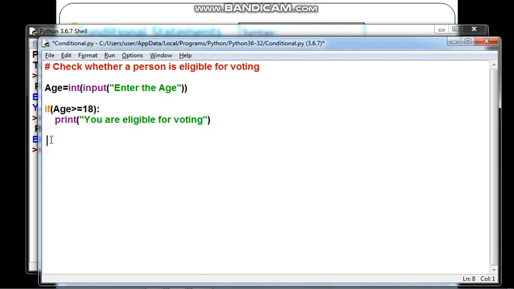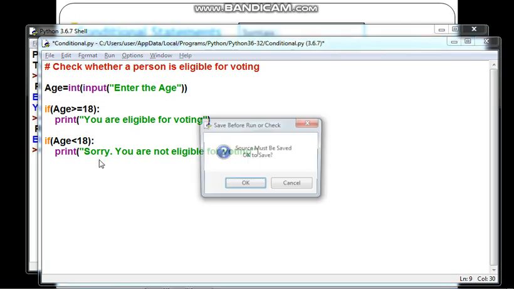For that we are using if age less than 18, then you need to say you are not eligible for voting. Let's give a message like that. So to show the false part using simple if, we need to use another simple if.